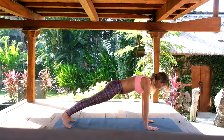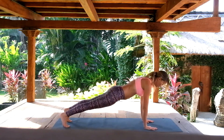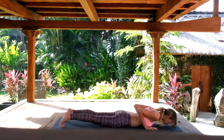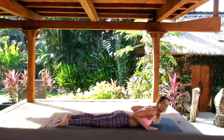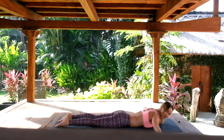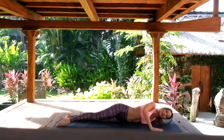So right leg back, left leg back, nice strong plank position. And lower it down, elbows tucking towards the side of the body. From here we're going to open the shoulder, so depending on how tight you are through the shoulders, you might want to place your arms into a position of a right angle, or you might want to bring them out into a T position. And we're going to rotate over towards the left to begin with, so keeping that shoulder